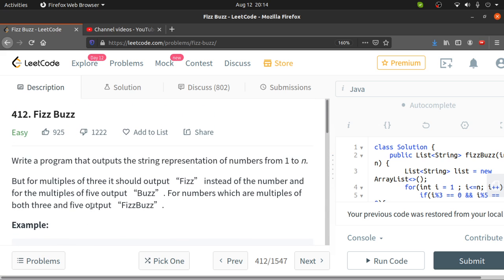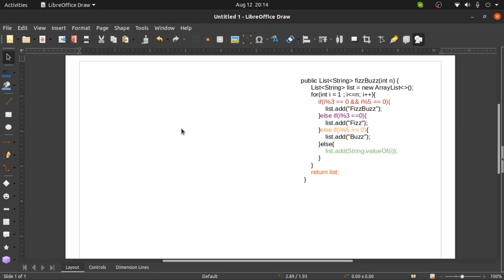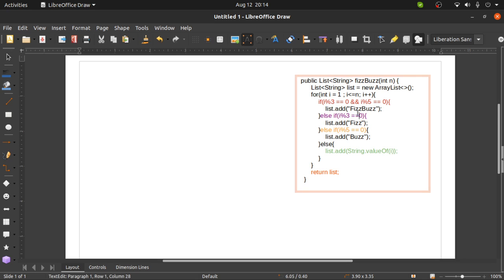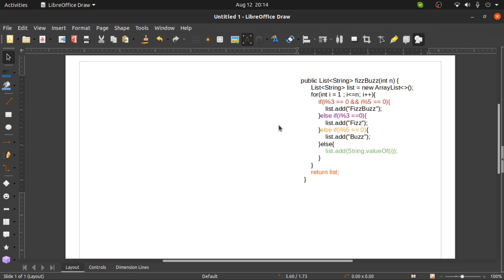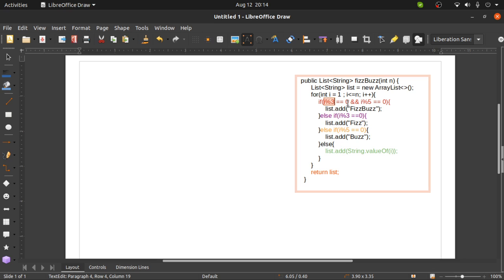So let's get on the whiteboard and try to solve this question. So the algorithm is quite simple. To find out if a number is divisible by 3 or 5, we use the modulo operator. If i modulo 3 is 0, then that means this is divisible. If it's i modulo 3 and i modulo 5 is 0, both of them, if this is the case, then